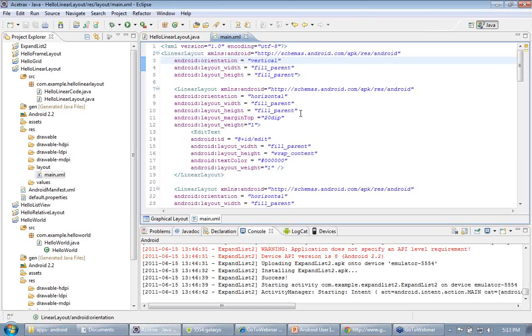That the components will be arranged in vertical format. Then we have layout width and height defined as fill parent. Under this linear layout, we have one more linear layout to define the components in a horizontal way. We have given a top margin of 20 pixels.